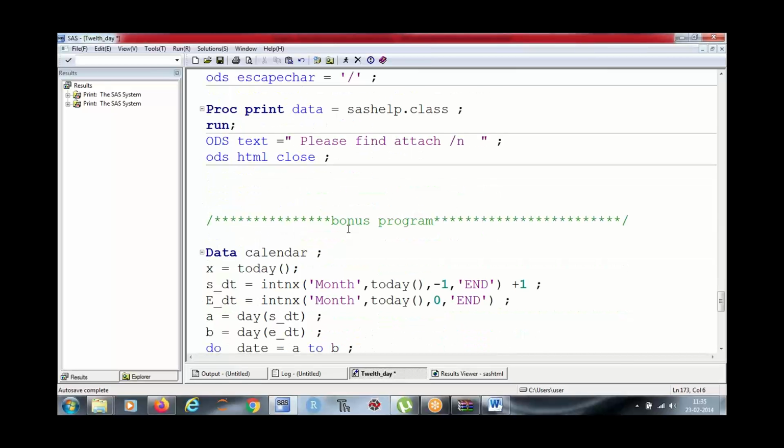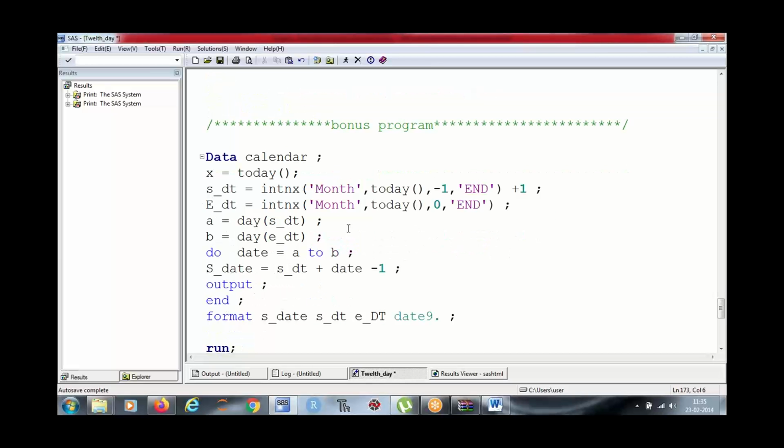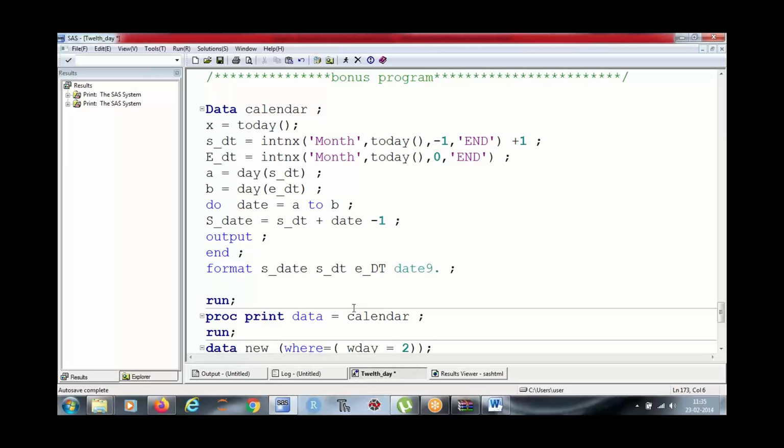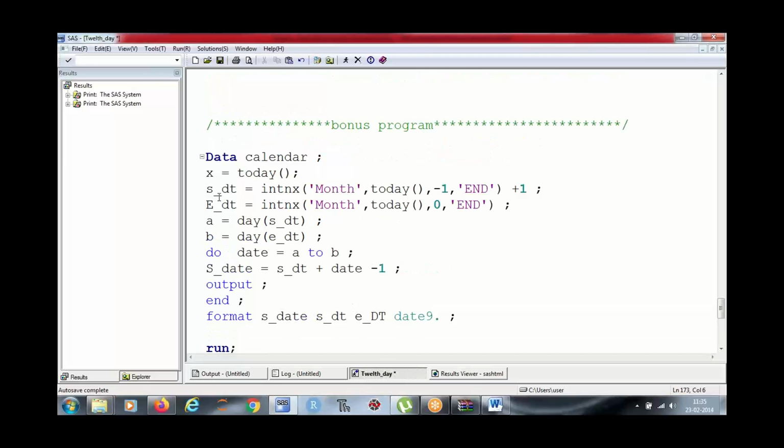All right. One more program, right? How to create your calendar with the help of a program, with the help of functions. So what I did, I created data, X is equal to today's date.